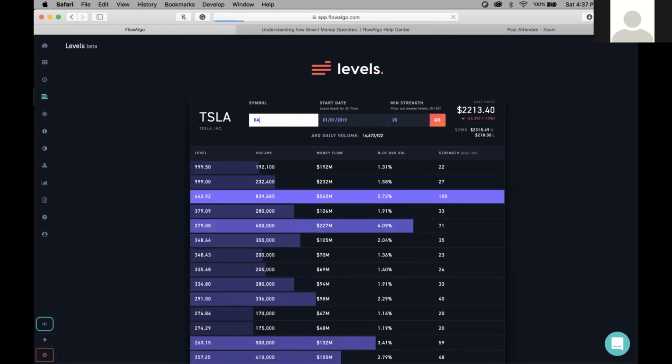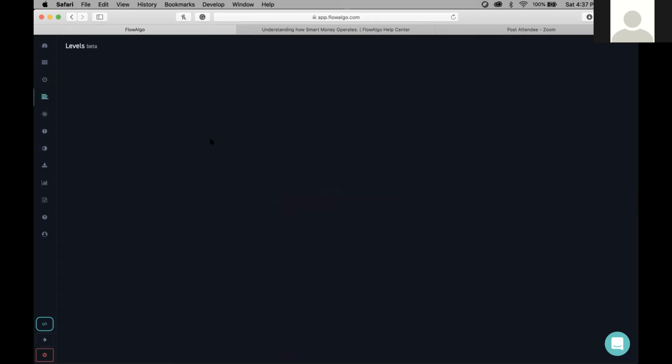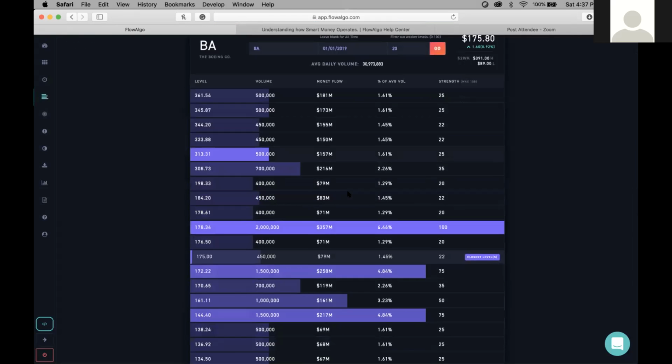Like BA, you can do this for any stock. So you could just check and see 178. You can see that there's a lot of strength here as well, and just money. And what the closest levels means is that this is the closest level relative to where BA stock is right now. So if we're below 175, it's not that strong of a level. So you could probably assume if we test 178, either to the upside or downside, we can either bounce or reject off of this.